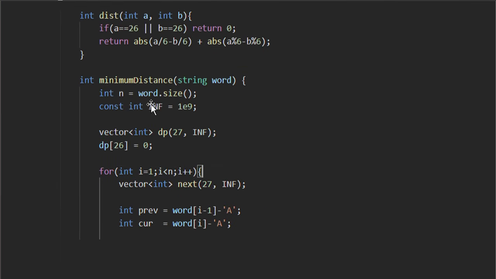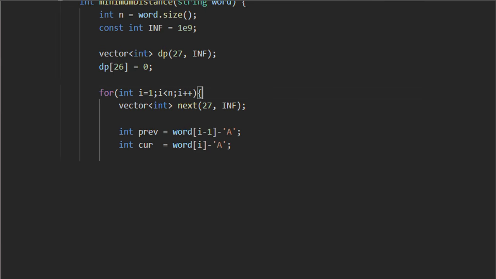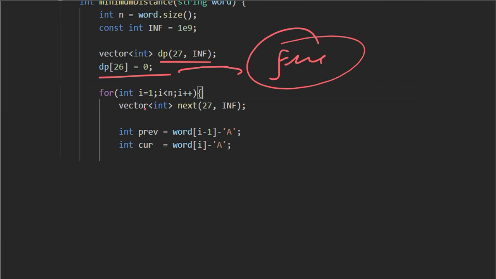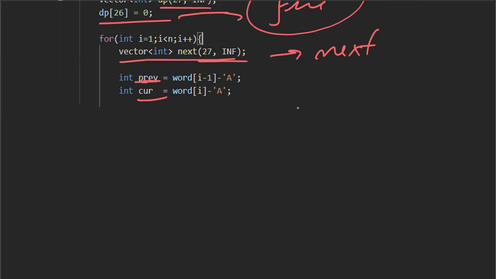So the distance function is still the same. Then we have taken a 1D dp and marked the other finger as the free finger, and then we are declaring the next state. Then we are finding the previous position of our finger and the current character that we have to type.